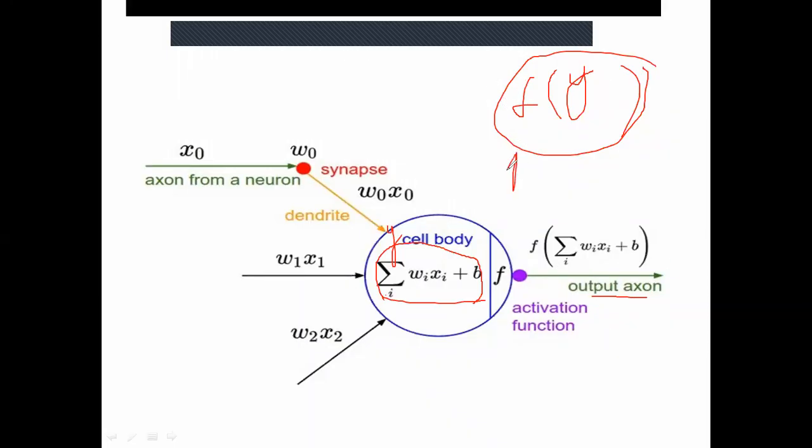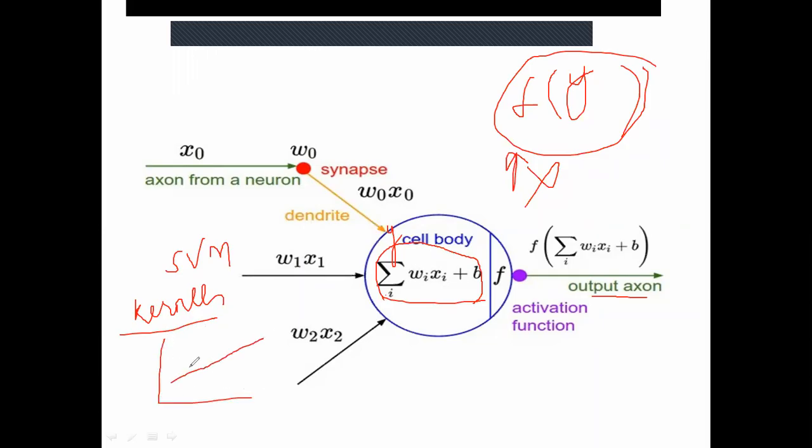Now, what is this activation function? That is given separately in your syllabus, and I have even made different slides for that. But the simple function of activation is this: if you are just taking a simple linear model, then you don't need any activation function. Right now, if you remember SVM, in case of SVM I had told you that there are some kernels. So what is the function of those kernels? If your data set is linear, then you can just use a linear kernel model in order to classify your data.